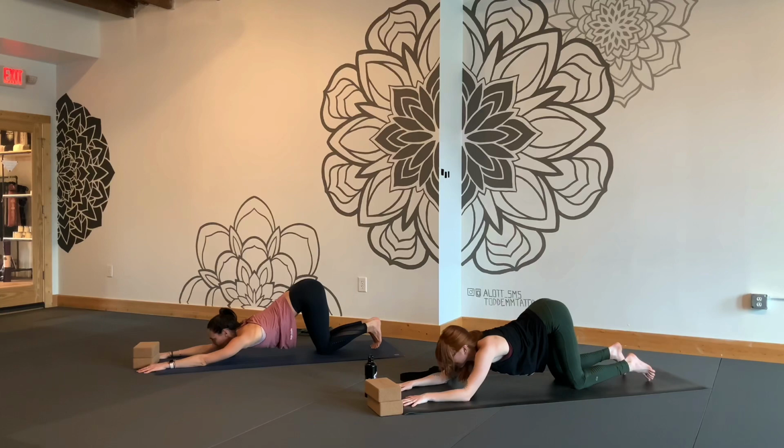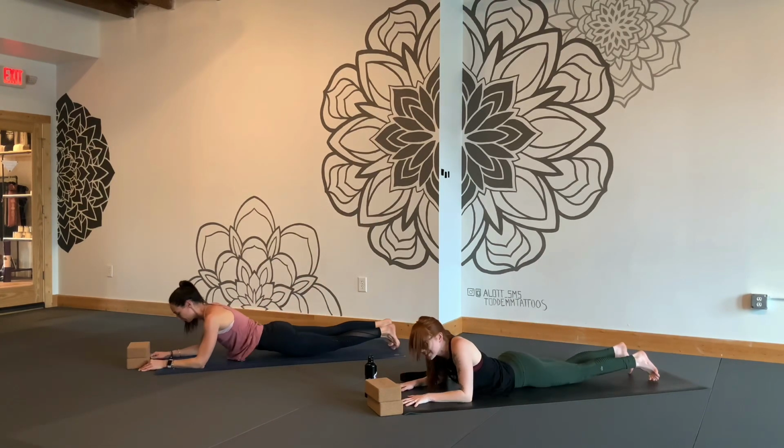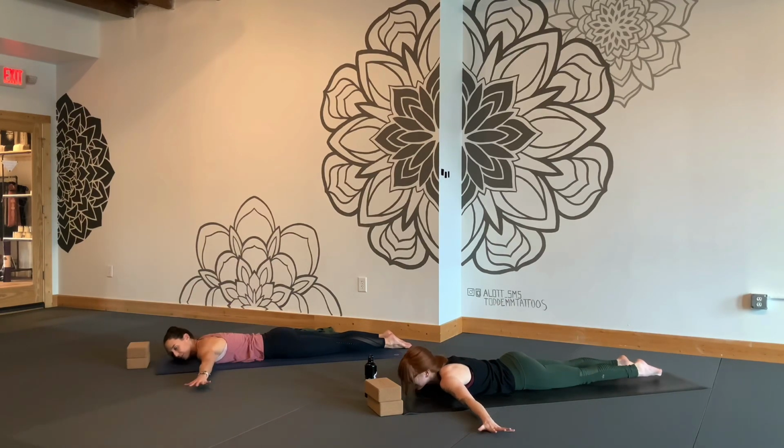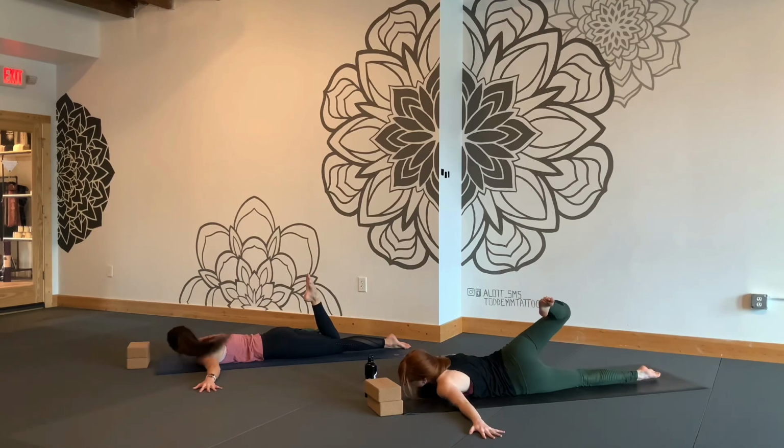To shift forward, come to laying on your belly. Getting comfortable, then taking your arms out to a T, palms face down. Trying to line up your wrists with your shoulders. We're gonna bend that right knee for broken wing pose, and you're gonna slowly cross that leg over your body